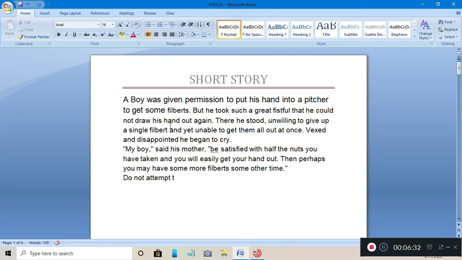Now see, font color. If you want to highlight anything, if you want to show any particular important message in the whole paragraph, that is called font color. Or you can add the color to enhance the appearance of your document.